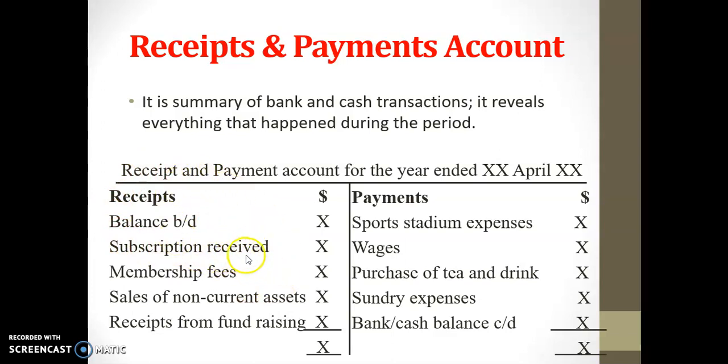in, like for example, subscriptions that you receive, any other membership fees, if you sold a non-current asset, if you receive money from fundraising. So those are the receipts, and payments will be any money that the club would have spent during the period. It will be recorded on the payment side. Additionally, you have your opening bank or cash balance and your closing bank or cash balance in the receipts and